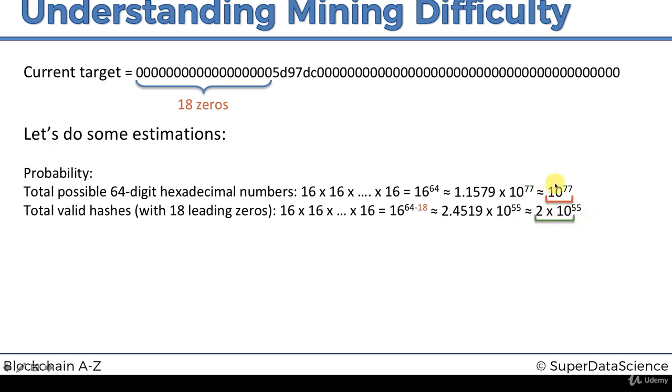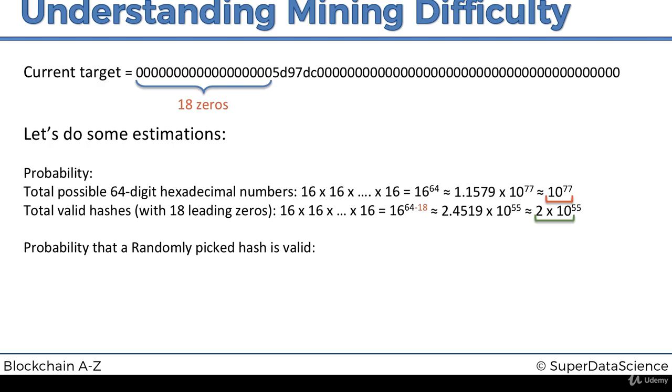And so, as you can see, that's our big pool, that's our total pool, and that's our restricted pool, the pool where the golden nonces are. It's quite a lot of numbers, 10 to the power of 55. That's a lot of numbers. But in comparison to this one, it really fades. 10 to the power of 55 is almost nothing compared to 10 to the power of 77. And so the probability that a hash generated by a randomly picked nonce is going to be a valid hash, a golden nonce, is basically